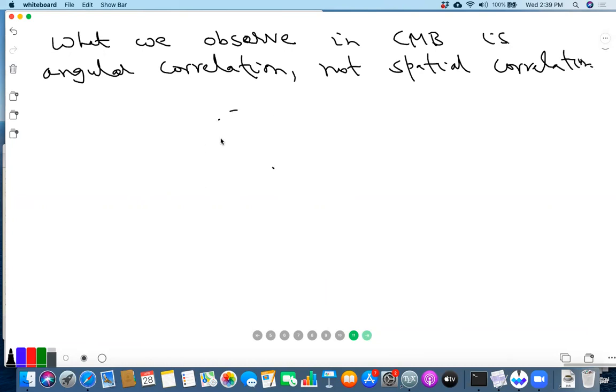Namely, we look at the last scattering surface and we calculate the 2-point function between points that are separated by some angle. Now it's clear that this should be related to the spatial correlation function, because after all, if we know the spatial correlation function, we should be able to reconstruct these angular ones, but it will require some effort. So we need to make an effort